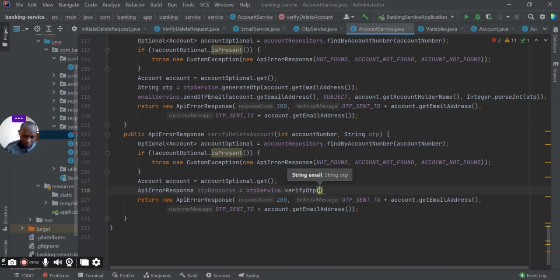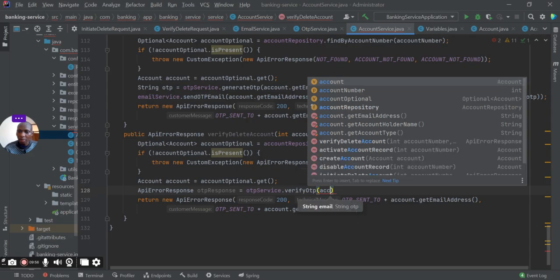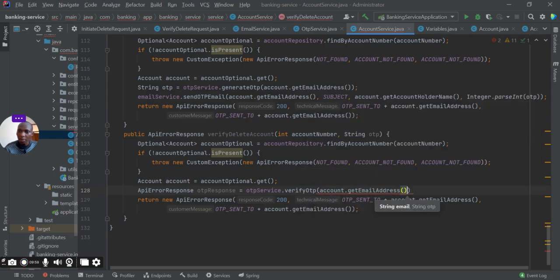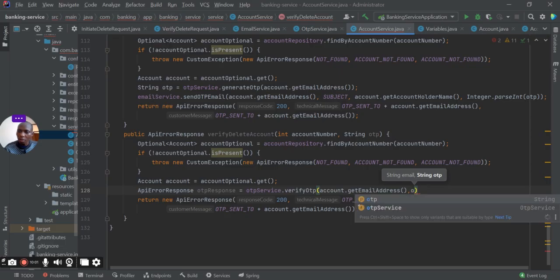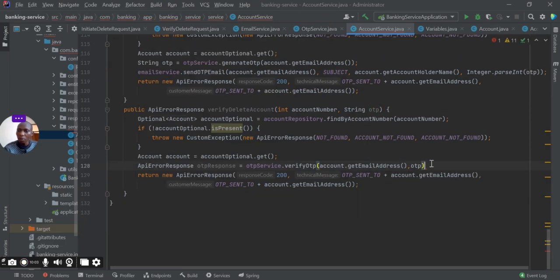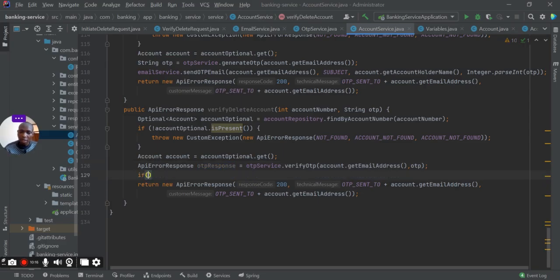And when we are doing the OTP verification, we want to pass the email address, account dot get email address. You also need to pass the OTP. So this code here will actually do the verification, and if it is successful, return the OTP response. So we want to check the OTP response. If OTP response dot get response code